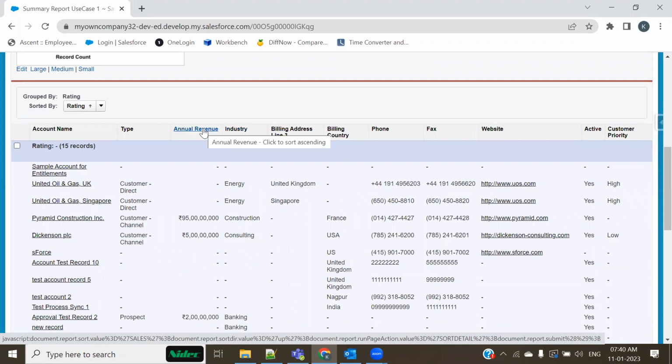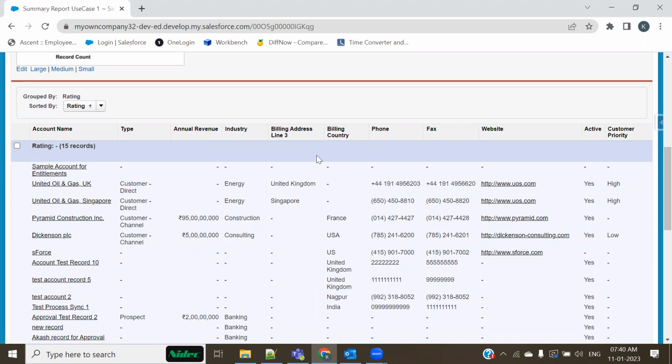If annual revenue is one of the columns of your report, that annual revenue must be a field of that particular object. If type, name, billing address, phone, fax, website, whatever you see, active status, customer priority, if all these are the columns of your report, they must be the fields inside the object, because as a column, you can only take the fields of the object.